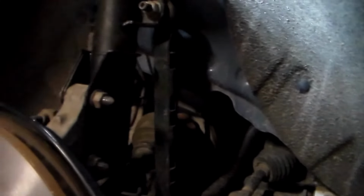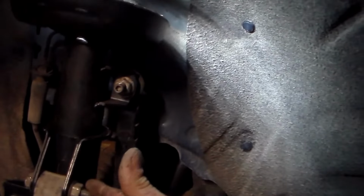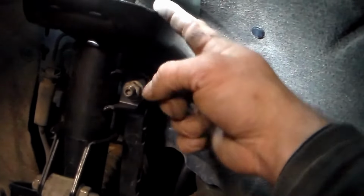Okay, so we got that back in, and that's all there is to it. We're all done. So just to recap, once you pop your wheel off and you get the vehicle jacked up, get a jack stand under there, take off that top bolt up here, that top nut rather, right here. We disconnect our arm, we take off these two bolts, and then, like I said, that upper nut's the last thing you're going to take off, just to be clear. And then make sure you're holding this, because when you take that off, this is going to drop down. But that's it. 1, 2, 3, and the nut up top,